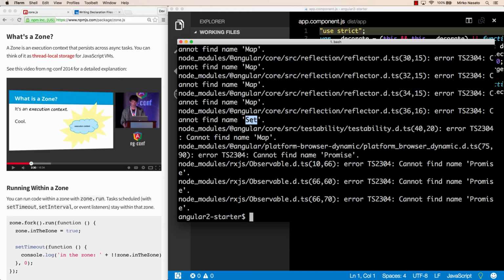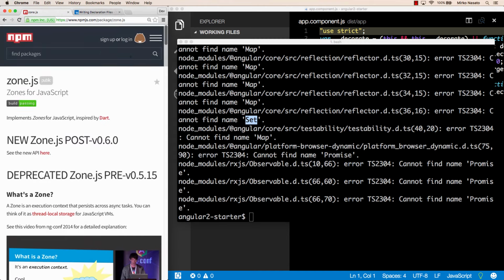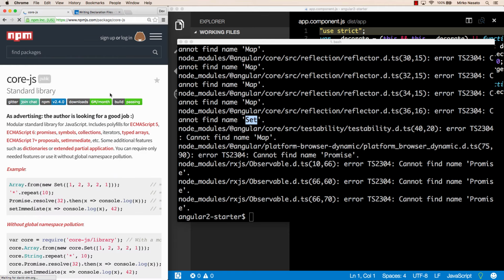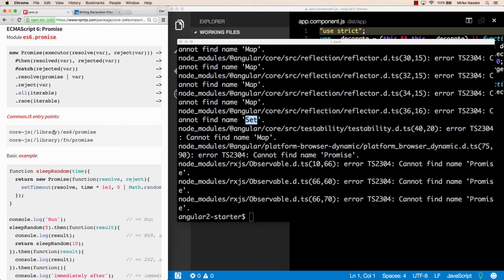Since we're generating code for browsers that support ES5 only, they won't have the promise global object or other ES6 objects and methods. However, we also have the core.js library as a dependency of our project, right? And this library provides all those ES6 objects and methods, including promise. So we basically need a way to tell the TypeScript compiler that we have a library that provides all these